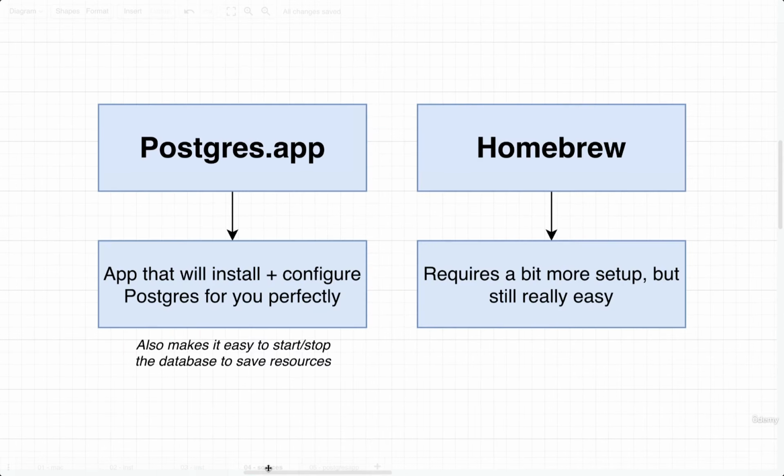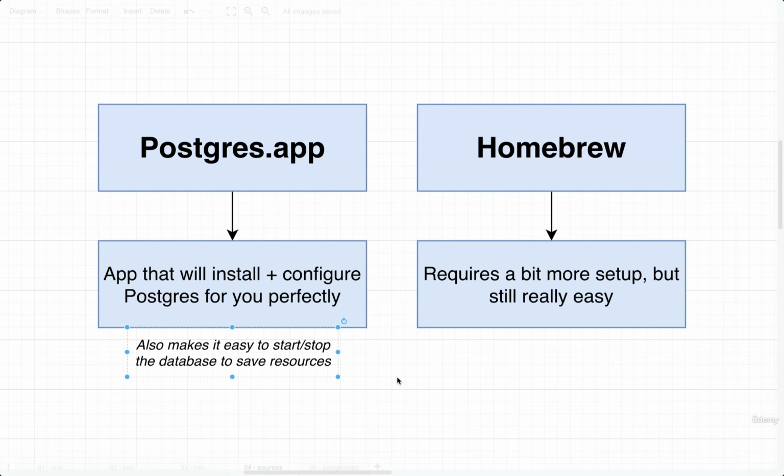All right, so having said that, there are two easy ways to install Postgres on a Mac system. There are more than two ways, but two easy ways. We can either use a desktop application called postgres.app, or we can install it via Homebrew. We can also build from source or install from source. We're not going to cover those options. We're going to take a look in this course at making use of Postgres using the Postgres desktop application. This is definitely the easiest and best way to get started. Another nice thing about it is that it makes it really easy to start and stop the database. So if you ever decide that you don't want to work with Postgres for the coming weeks or months, you can very easily stop it and not have to worry about Postgres making use of resources like RAM or CPU